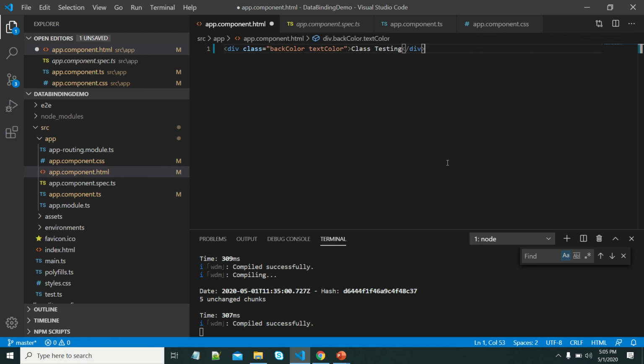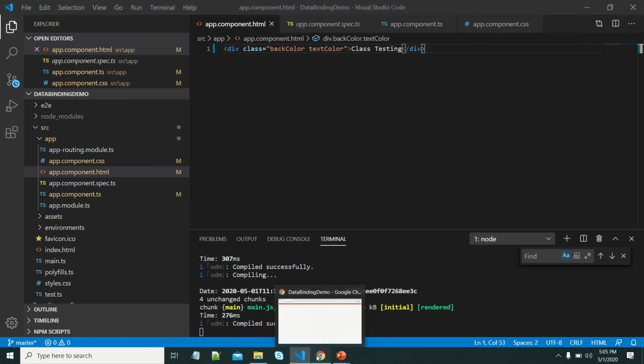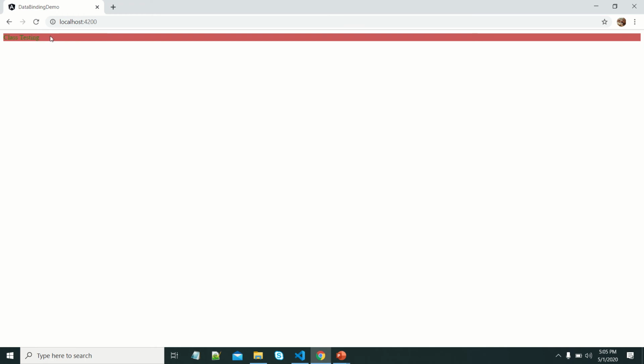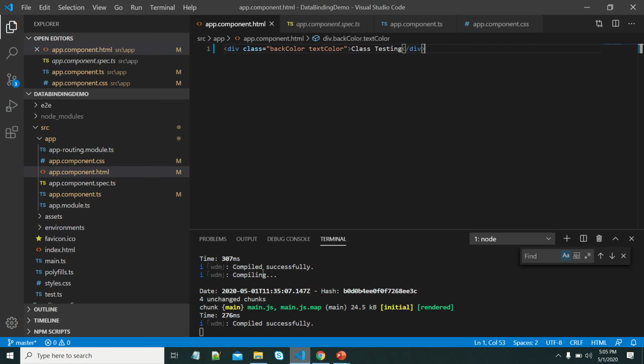Let's see the output. Yes, we can see both applied, right? This is the way we can use the class property to add multiple CSS classes to the HTML elements in the template. Suppose I want to apply this back color and text color dynamically.